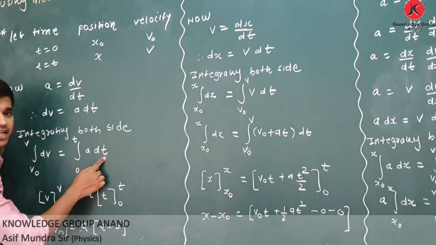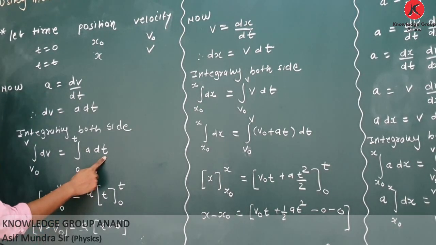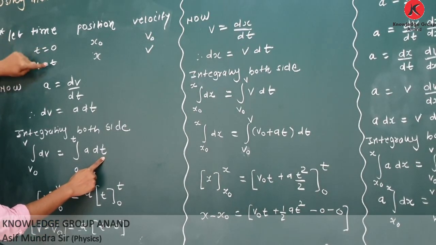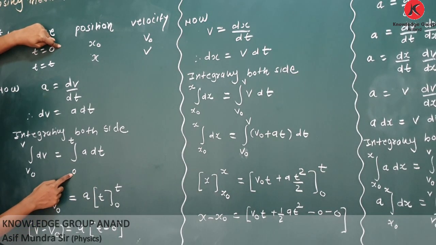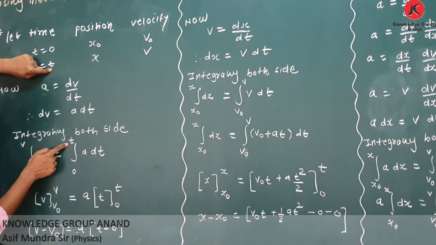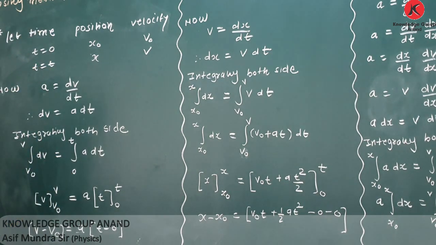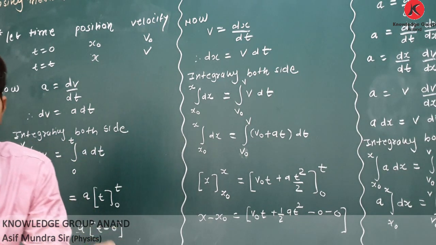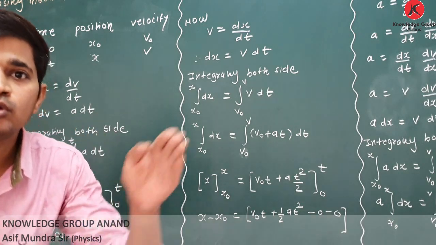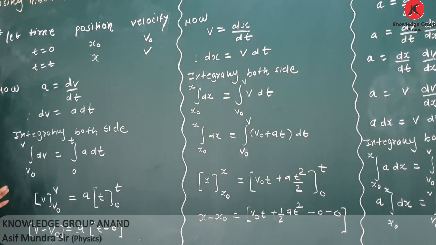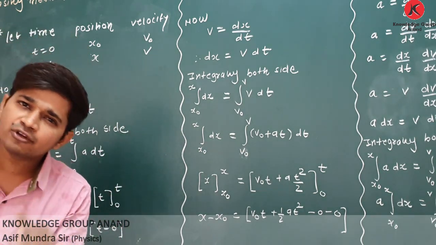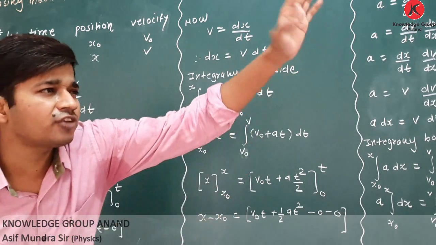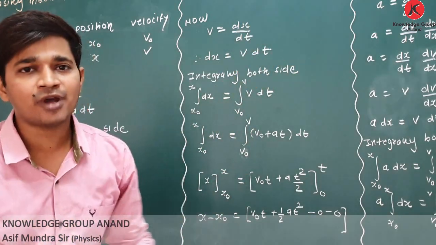This side, the integration is with respect to t, time. What is the initial time? 0. What is the final time? t. Then take the initial time 0 as the lower limit and the final time t as the upper limit. Clear? What is the meaning of 0 to t a dt? You have to integrate this term from time t equal to 0 to t. If you are given integration 0 to 2, it means you have to integrate only from 0 to 2. You do not have to think about 3 seconds, 4 seconds, 5 seconds. That is the meaning of a definite integral.